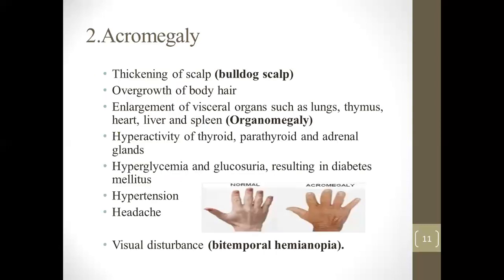उसके बाद हम सेकंड एक्रोमेगाली में कितने साइन होते हैं। Overgrowth of the body hair, enlargement of the visceral organs, which include lungs, thymus, heart, liver, and spleen, and the hyperactivity of thyroid, parathyroid, and adrenal gland, and hyperglycemia and glycosuria resulting in diabetes mellitus, hypertension, and headache, visual disturbance, bitemporal hemianopia. Bitemporal hemianopia is also present in the acromegaly, but we can study here the gigantism and the acromegaly